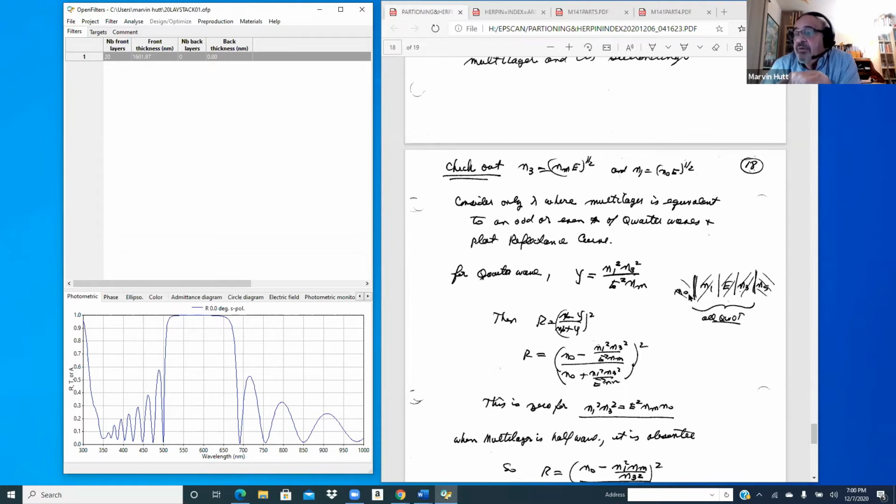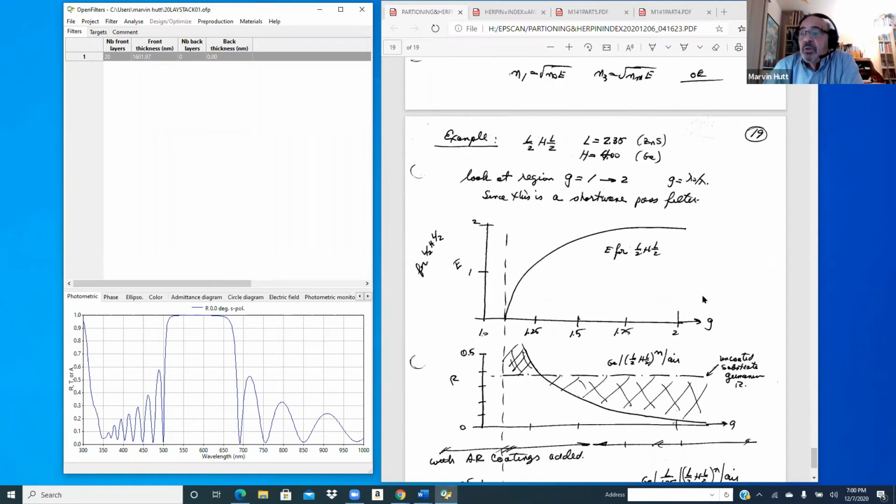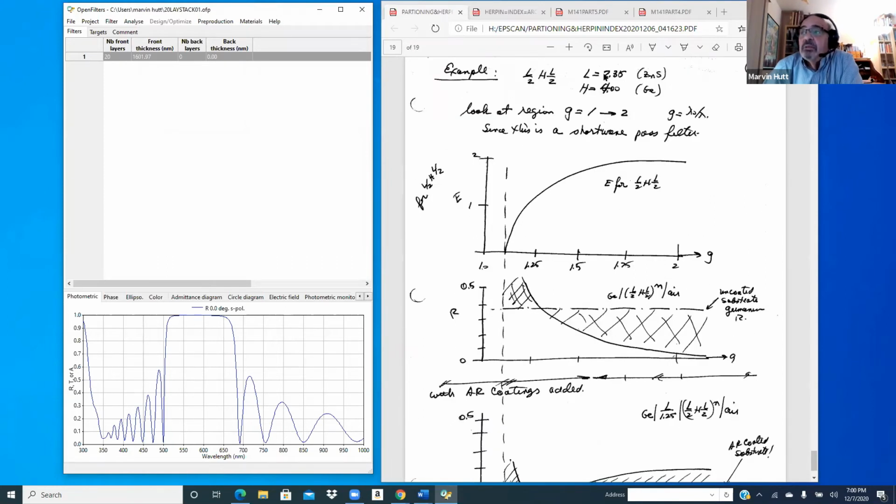So here we have N0, the air. Here's the E, which is this 20-layer stack. We're dealing with it as if it's one layer of Herpin index E, okay? And we want to couple it to the air, anti-reflect this to this, just like we match a single film. And so we put it in, here it is, we plot E for 2, this is a case of high